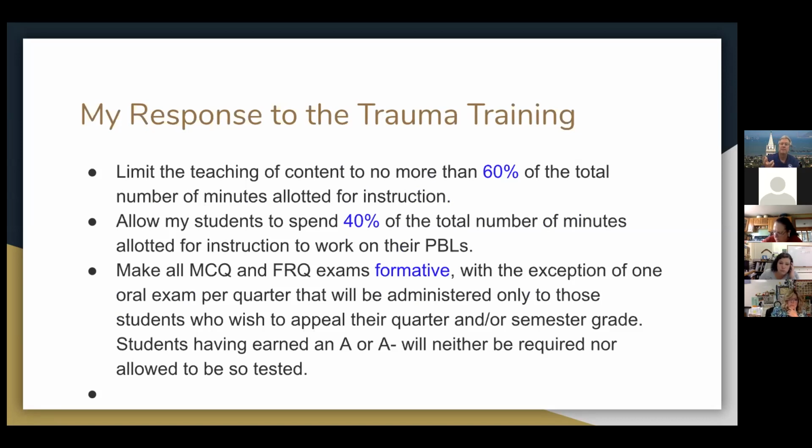Now this, from a teacher who's teaching at a high-achieving school and teaching 5 periods of AP US History. So that 60-40 split is really pushing the envelope. Even experts of PBL are saying, well, try for 80-20, something like that, certainly in the first year and the second year. But I've been doing PBL for a long time, and I do have, as I said, a considerable amount of experience with oral assessment.